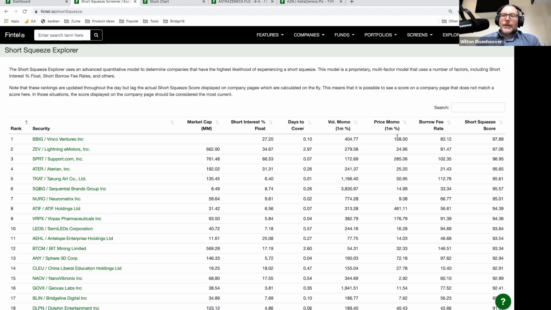And so the other thing that is important here is the borrow fee rate. The borrow fee rate is the interest rate that the borrower is paying to borrow those shares. So right now, for BBIG, the borrow fee rate is 83%. That's an annual percentage rate, so it's very expensive for them to borrow those shares. So the point here is that all of these things here: 27% short interest over float, volume momentum